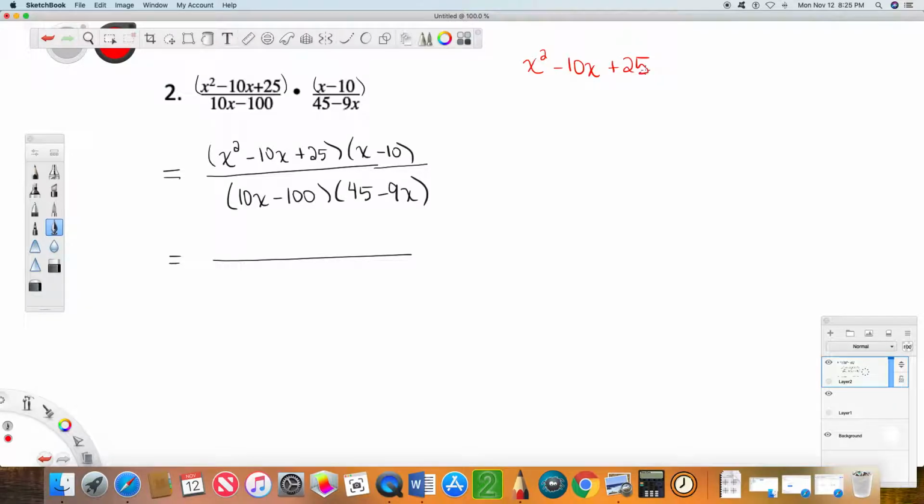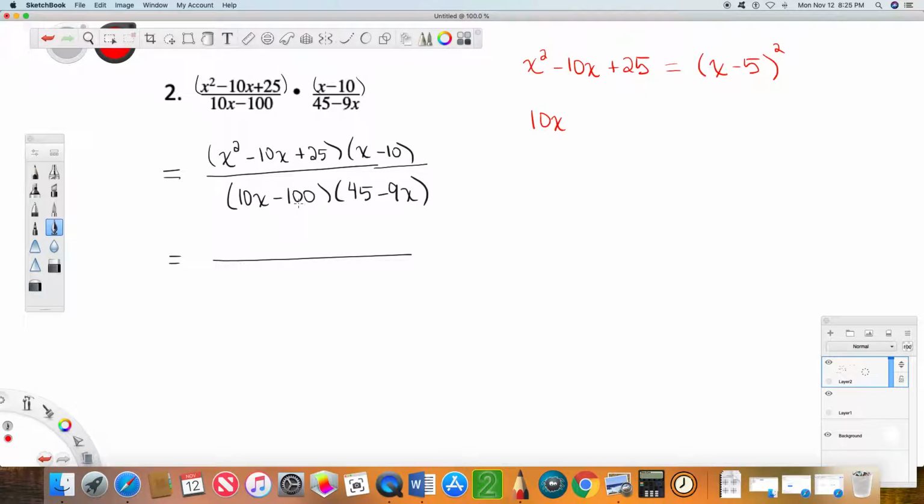Now, that looks familiar because remember when we were doing completing the square, if I take half of negative 10, I get negative 5. And if I square it, I get 25. So even though the x method will help me out here, I can easily see that this guy is a perfect square trinomial, that it factors to x minus 5 times x minus 5, or x minus 5 squared. All right, so let's look now at the denominators. This binomial,